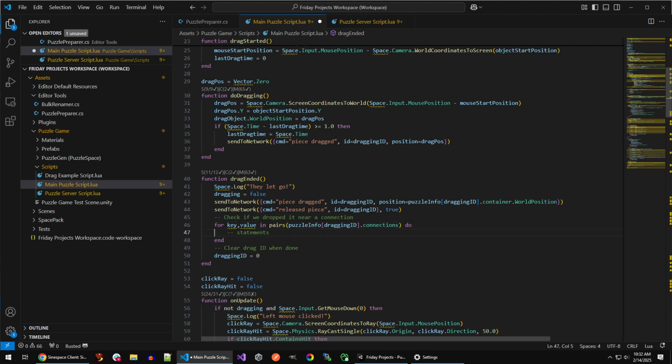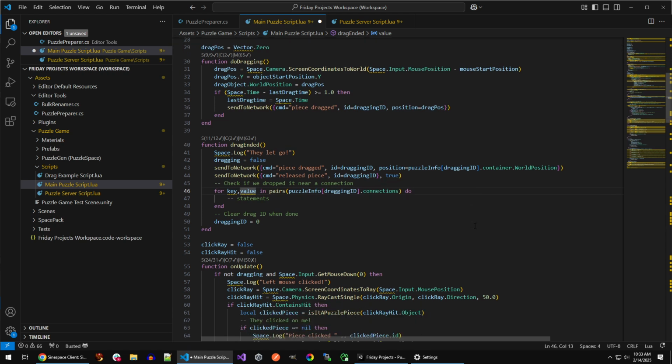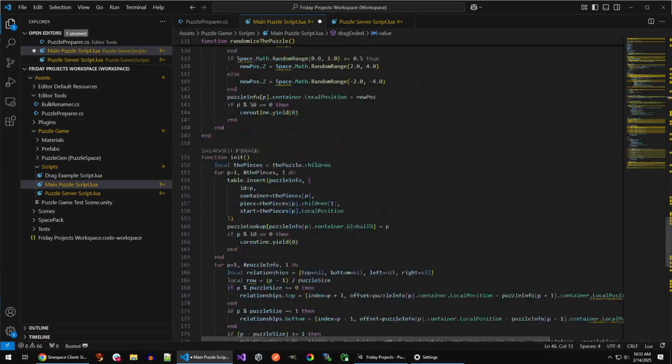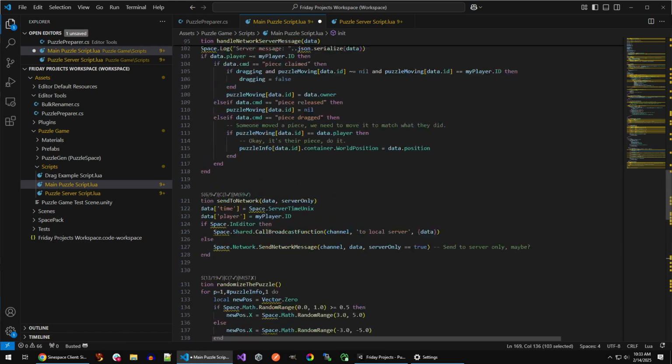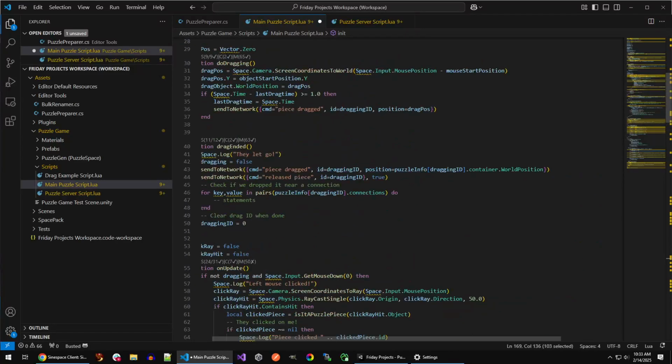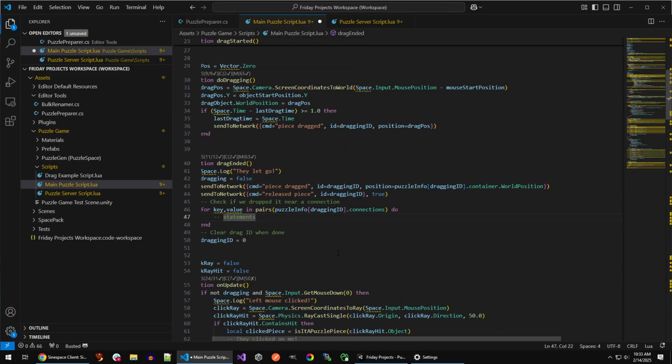So instead of iterating over an array, where it's like, oh, this has 10 items in it, so we're going to do 1, 2, 3, 4, 5, 6, etc., this is a non-indexed array. It's got a bunch of random information in there, but they're not in numerical order. So instead, just go through all of them still, but every time we look at one, tell me what the key is and what the value is. For this case, the keys are going to be top, bottom, left, right, and the values are going to be whatever table is associated with them there. And so we can say